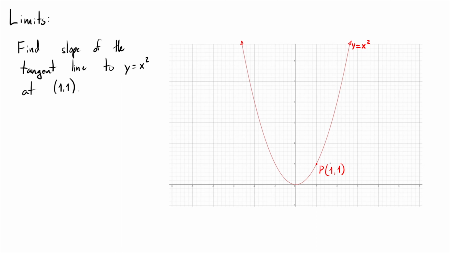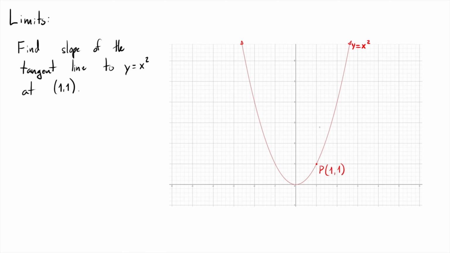And so now what this question is asking us is to find the slope of the tangent line at this point. Now, of course, we can try to approximate the tangent line. If you eyeball it, maybe it looks like this, or maybe like this, or maybe like this. You can try to approximate it, but you're never going to get an exact answer, and what we want in math is an exact answer. So we need to go through a mathematical process to find this slope. And so the answer to that is we're going to take another point,